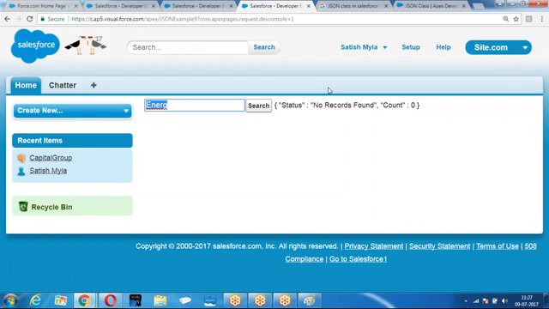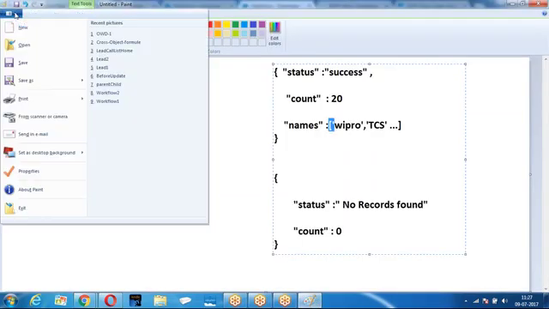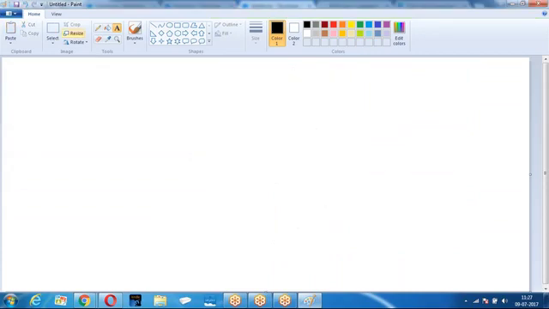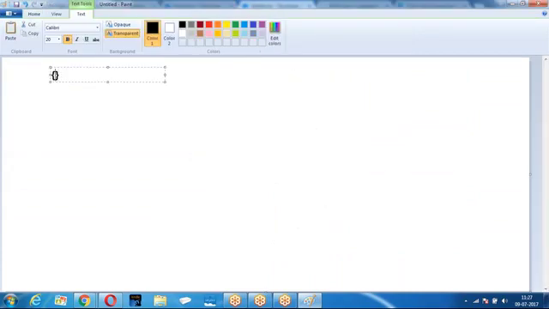How do you deserialize the data using JSONParser? Let us look at this example. I have a JSON string.